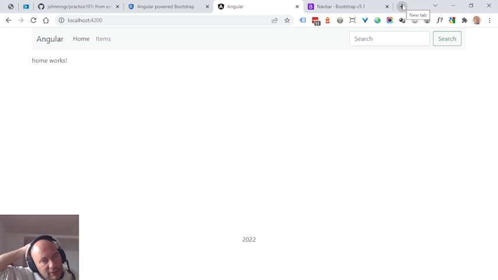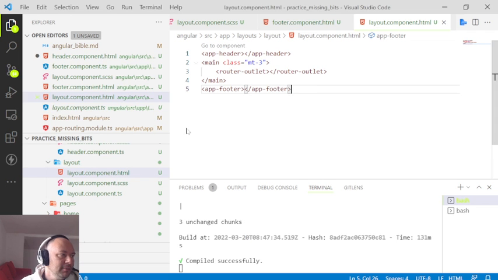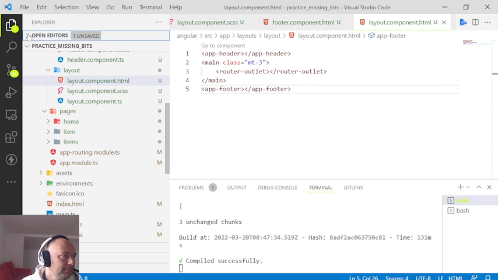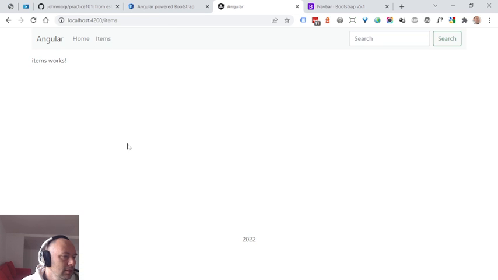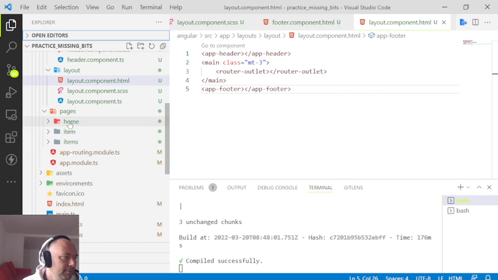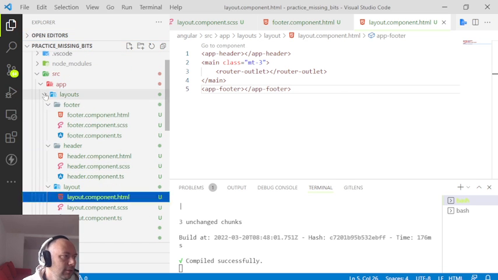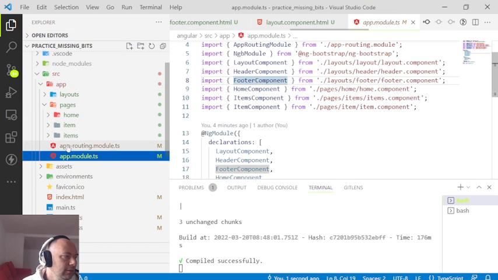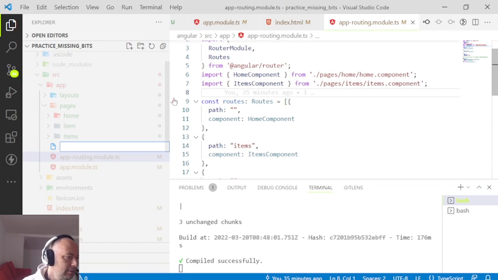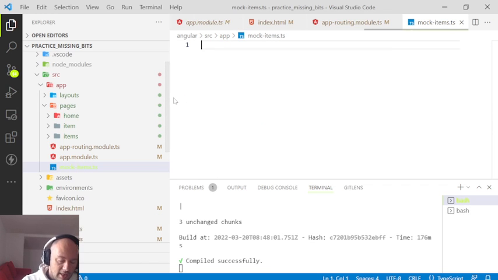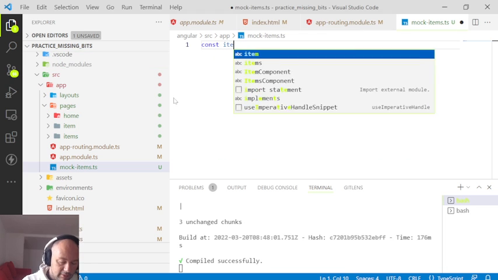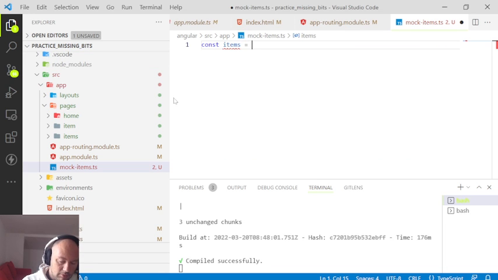Now let's just fetch. Yeah, I would like to fetch content, but for now let's use the dummy items, the mockup items. So let's say I'm having sort of like adding. Let's add mock items dot ts and const items equals to